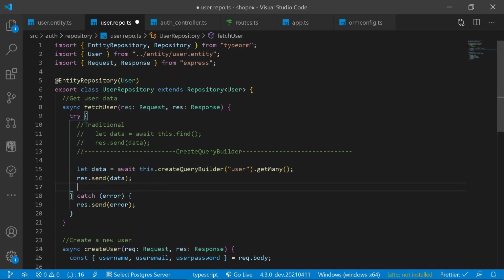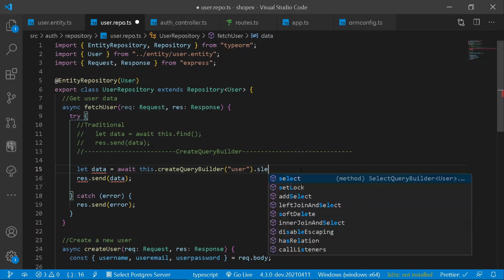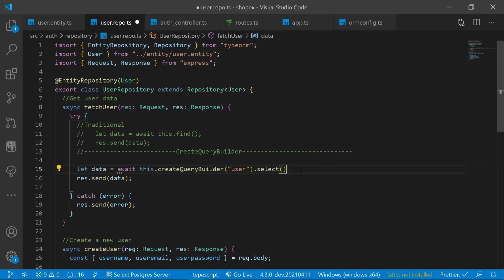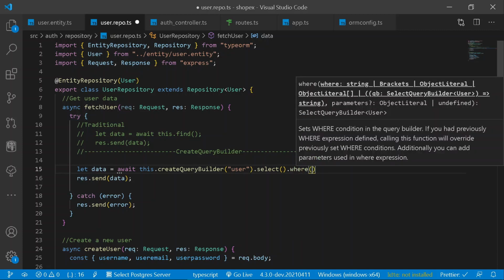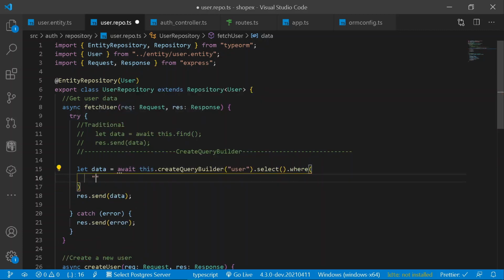So first of all, what I'm gonna be doing is removing my getMany, and here let's use the phrase of where. So here I can simply say createQueryBuilder, and from this I will be selecting all of my data, and from this I can simply add a where phrase, just like this. And under a where phrase, I will be adding a property of user, that is the user table. I will want the user table's property of name, and the following property should be equal to my query, just like this.